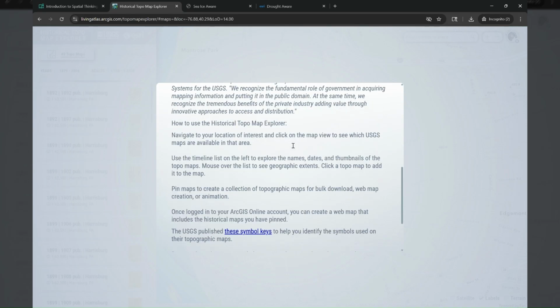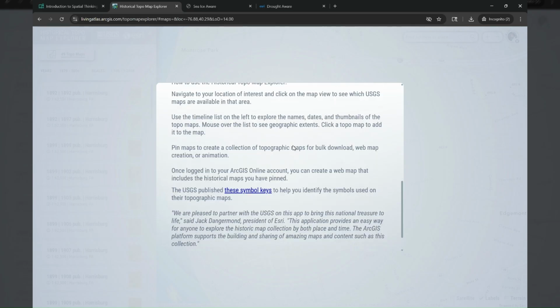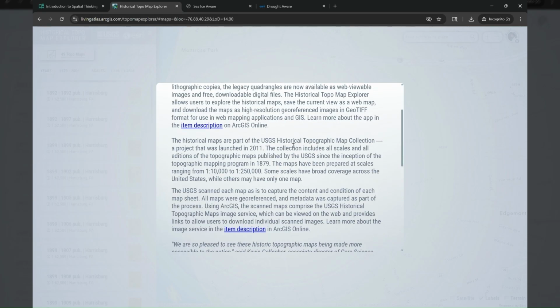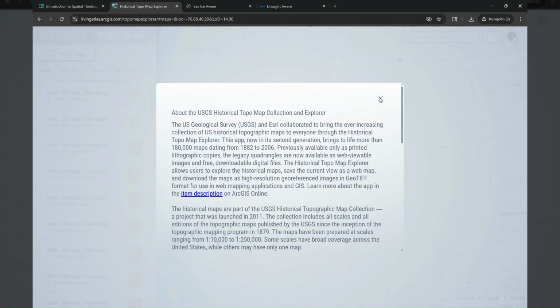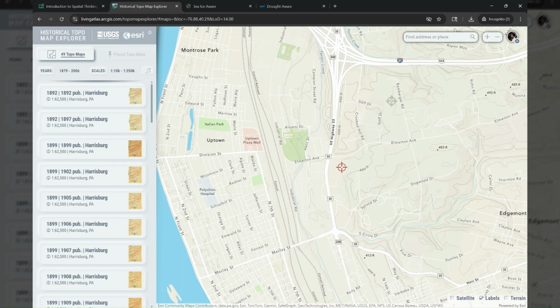Reading all of this, you can see that it will tell you about the time period of the collection, the scale of the collection, and the methodology used to get them into this particular app. So it's always a good idea to look at that information. But again, it's a great app when you're looking for change over time and looking at historical change. It's a fun little app to pair